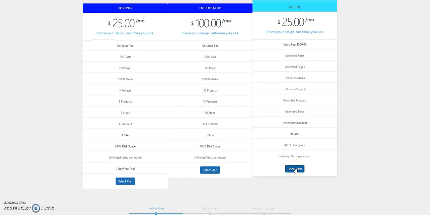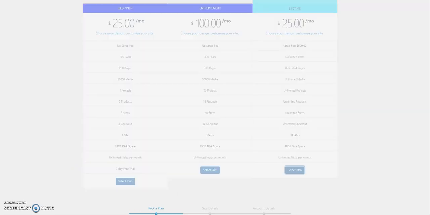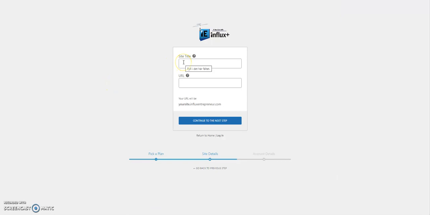And here you enter the name for your website, what you want to call your site. And here's the URL for your site. Preferably you choose the site title here also, but you can choose whatever you want.